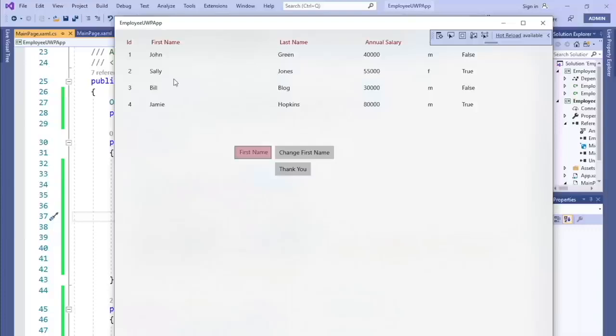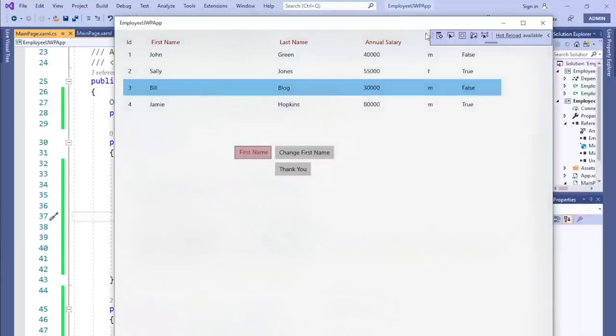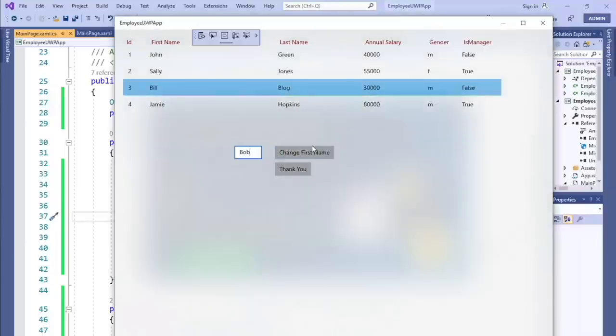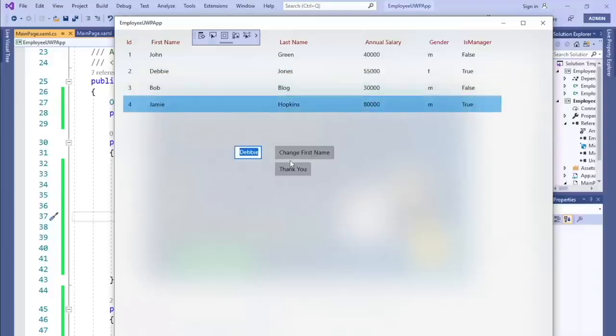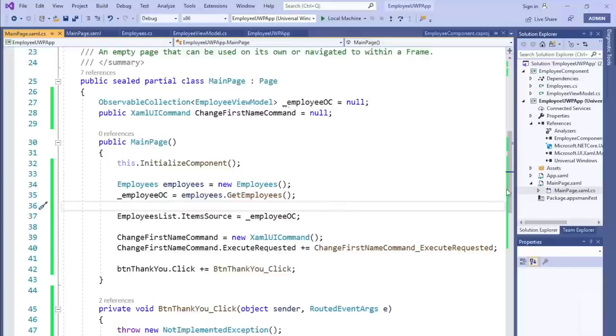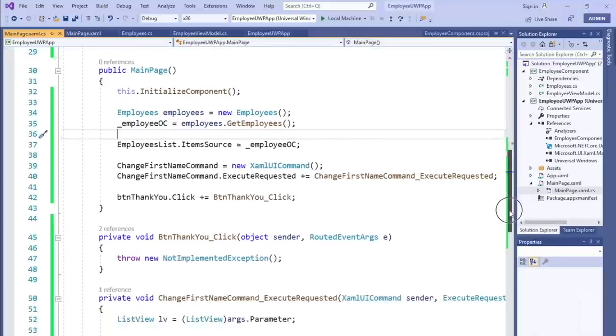Okay, so let's select the third record, and in the text box here, let's type Bob, and then press the button that is wired up to our change first name command object. And let's repeat the same process for some of the other employee records. Great! We are now able to change the employee record's first name field on the front-end display by updating the